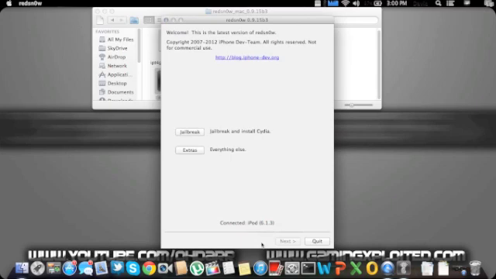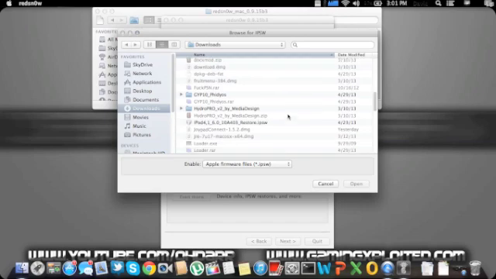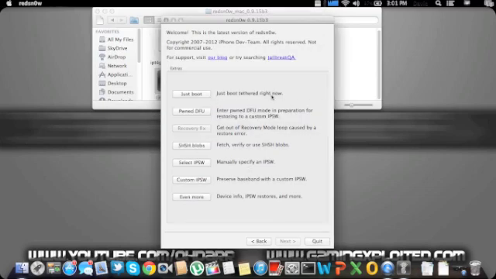Once it says done, just hit back until you get to the main menu. You're going to hit extras again, and then select IPSW again, because it stops using it once you have jailbroken. So you're just going to click it, open, successfully identified. And by the way, this is a semi-tethered jailbreak, which means that you'll be able to reboot your phone and use it normally, use all your normal apps and stuff. But if you want to use your jailbreak tweaks or jailbroken apps, you're going to have to boot with the assistance of a computer. So again, people on Windows, you don't even have to watch this part, but for people on Mac, or if you're on Windows and you just want to watch anyway,